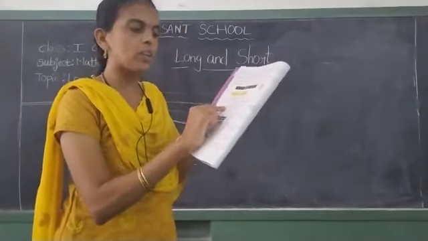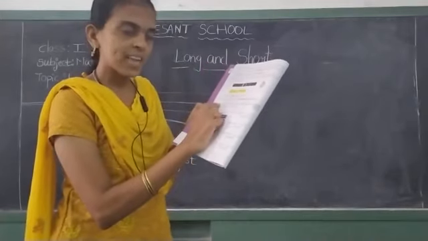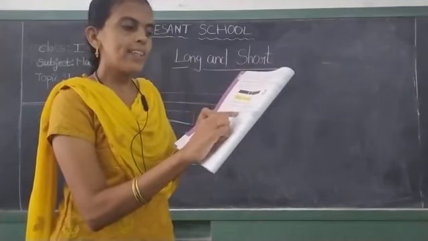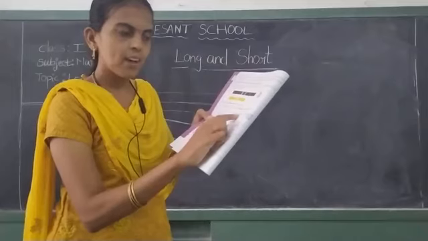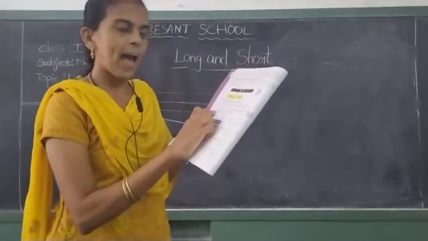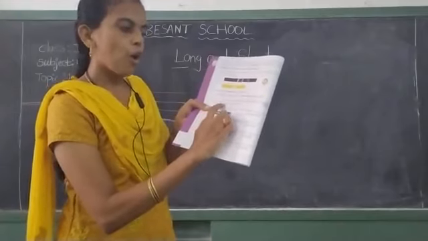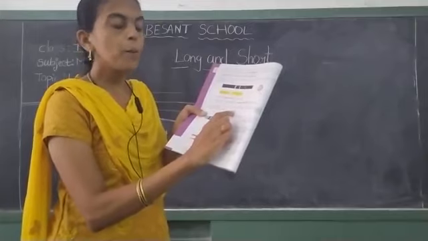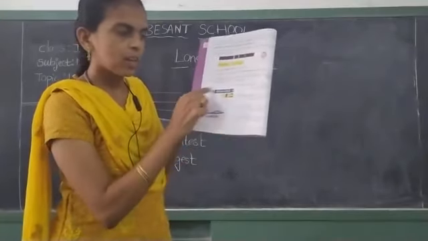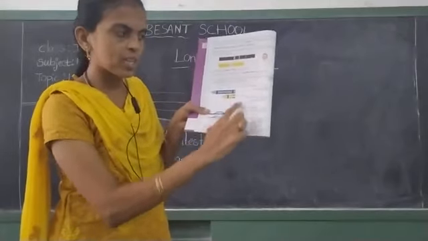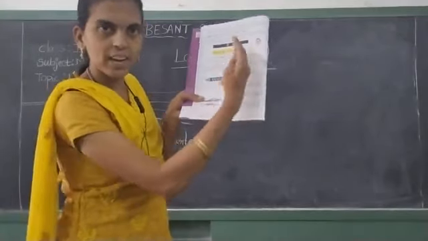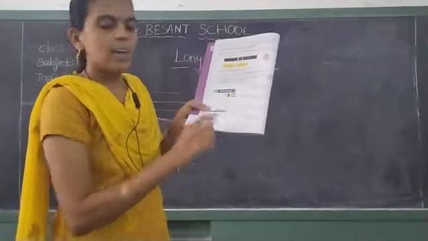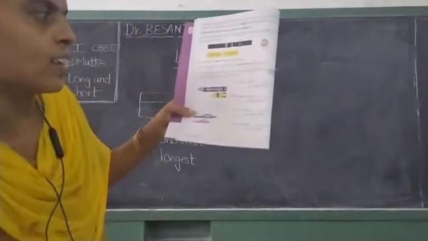I am reading. Put your finger on this heading. What he is asking is, use your finger to trace the length of each object and fill in the blanks with longer than or shorter than. So now he has given some pictures by the side of the questions. They have given questions at the right side and the figures on the left side. Did you observe or not? Yes. Now, what is the first question?